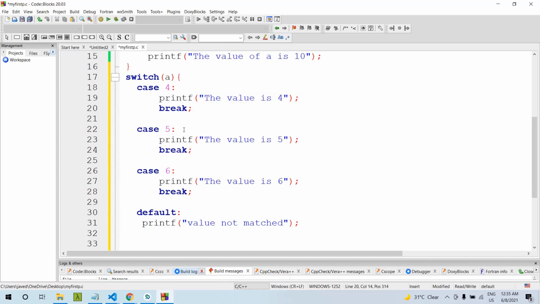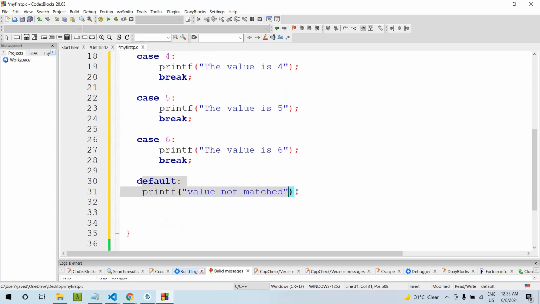It will check the cases and compare. If the value is 5, it will print the value is 5, then the break statement exits. Then case 6: if the value of a is 6, this statement will execute and break. If the value of a does not match any case, then the default case will be executed.